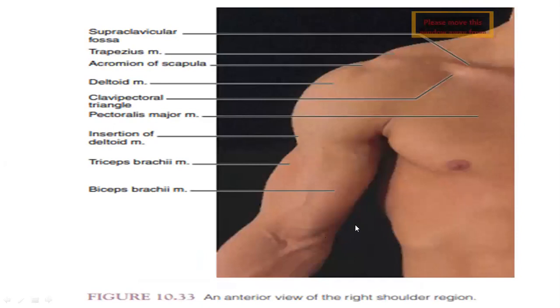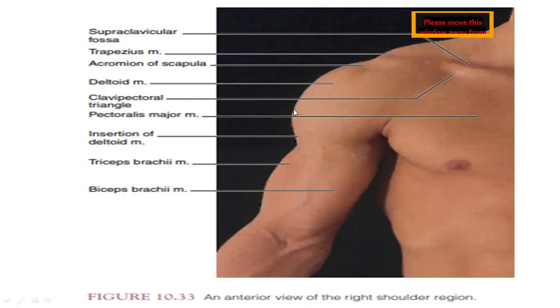In the same image, the bony landmark which is very clear here is clavicle. Obviously above the clavicle we call it the supraclavicular fossa. Below it will be the infraclavicular fossa where we have the clavipectoral triangle. This round bulge over the neck and shoulder region you are seeing here is produced by trapezius muscle. This point is the landmark of acromion. This round contour of shoulder is deltoid, right? This is the pectoralis major.